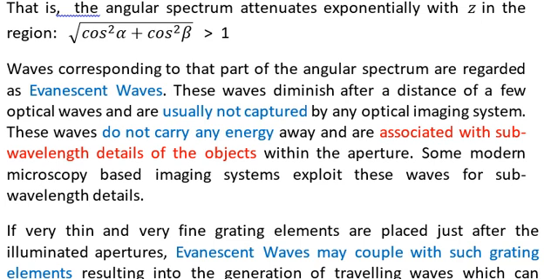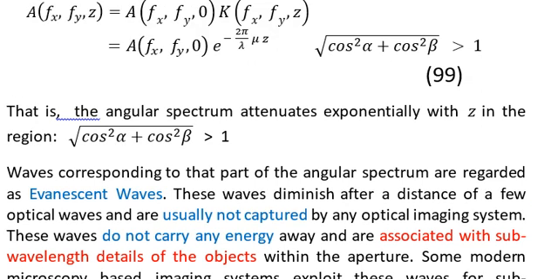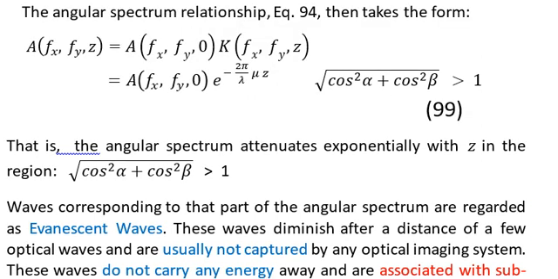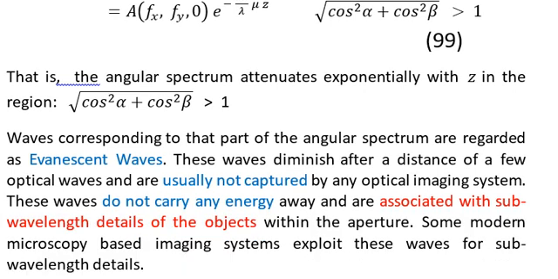These waves do not carry any energy away and are associated with the sub-wavelength details of the object within the aperture. Some modern microscopy based imaging systems exploit these waves for sub-wavelength detail. So if you want to capture the sub-wavelength detail, you have to capture these waves which decay very quickly, which we regard as evanescent waves. Before they decay, you need to capture them if you want to acquire the sub-wavelength